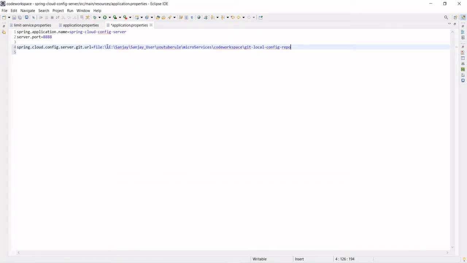Okay, so this will be the prefix that we will have to add always. And thereafter the backslash, there you will have to map with slash.